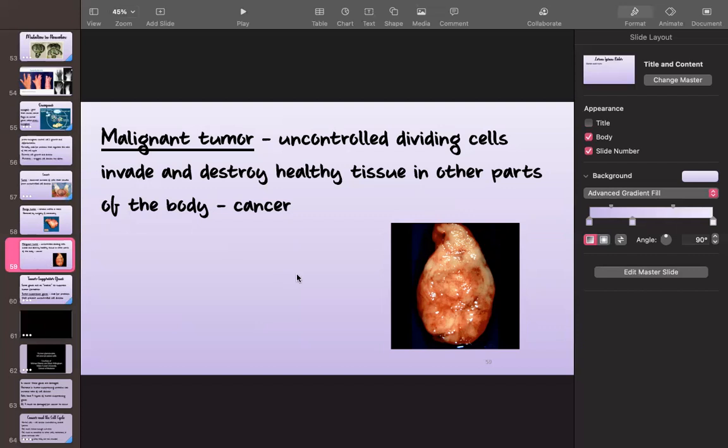And so you might have a malignant tumor that starts off, let's say, in the lung, and then the cells from the tumor break off and go to the liver, and then they start a tumor in the liver. And that's when you have your stages of cancer, depending on how far it's spread. And then for sure, you're going to be talking about chemotherapy and possibly radiation.